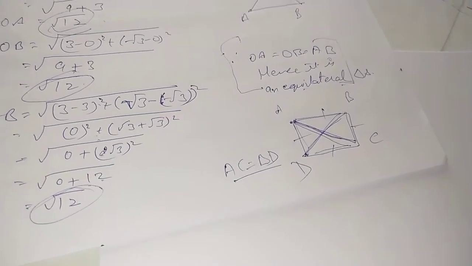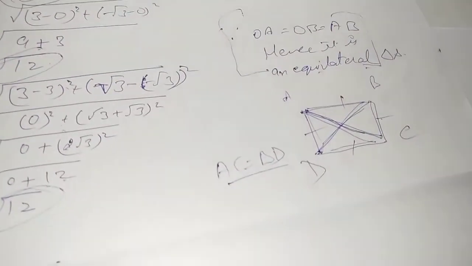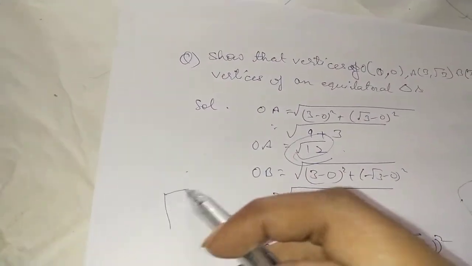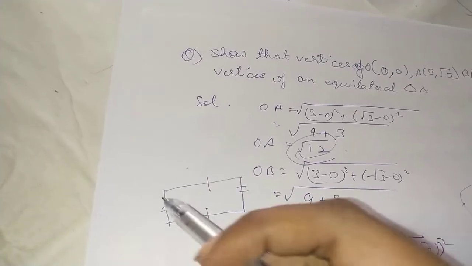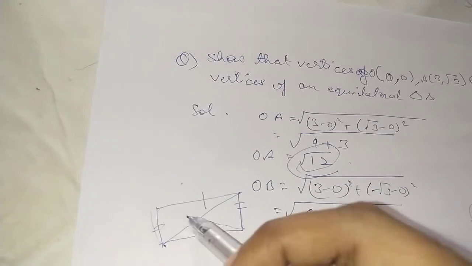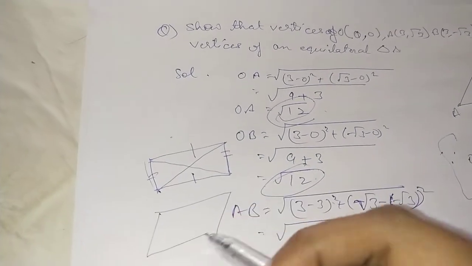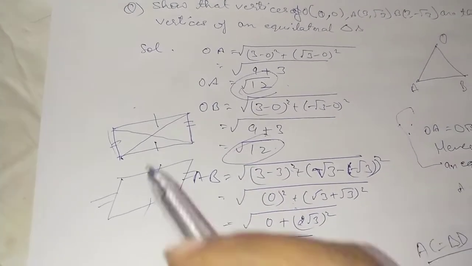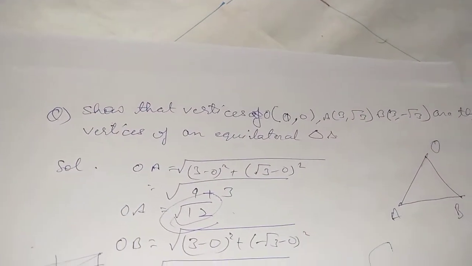For the rhombus, you can directly write down after showing all the four sides are equal. Since all the four sides are equal, it is a rhombus. Same goes for a parallelogram and a rectangle. In a rectangle, what you will be required to do is show that opposite sides are equal in measurement, alright, and the diagonals are also the same. You will have to show that the diagonals are also the same. But in a parallelogram, you can just simply show that the opposite sides are equal, hence it is a parallelogram. So these properties are very important over here to show whether it is an equilateral triangle, rectangle, square and all this.